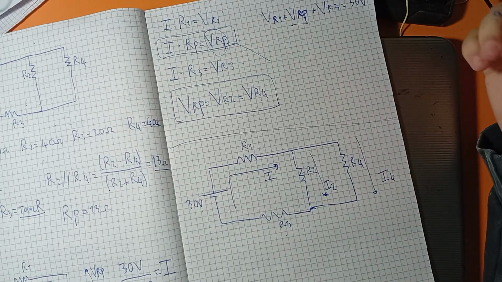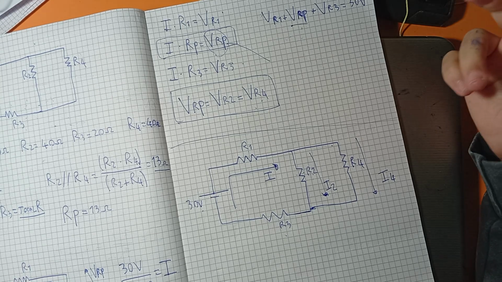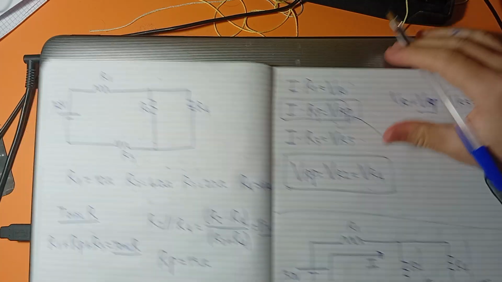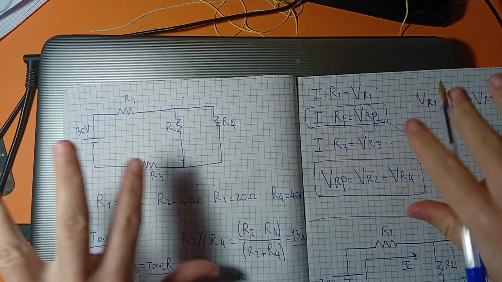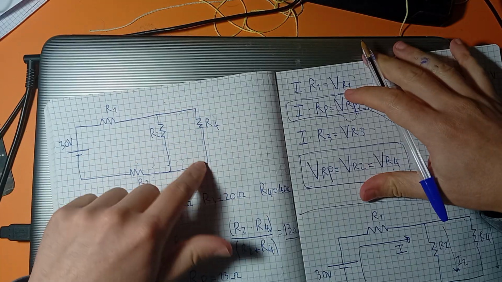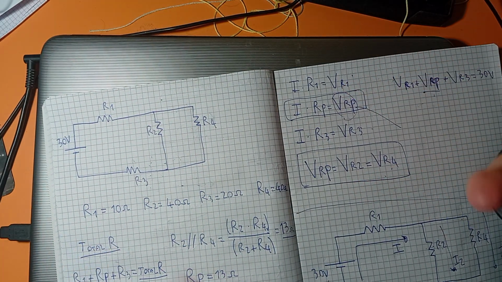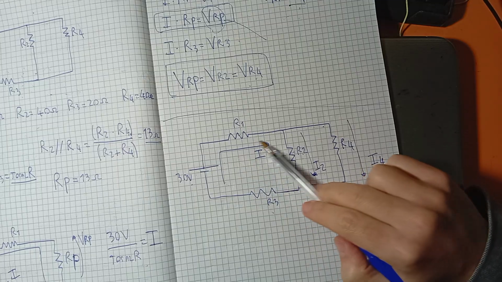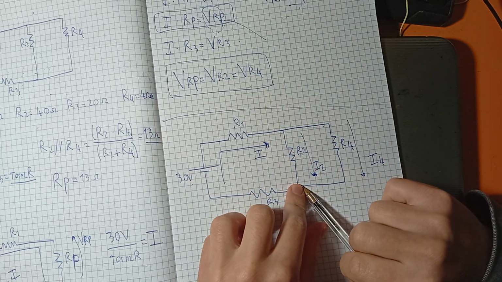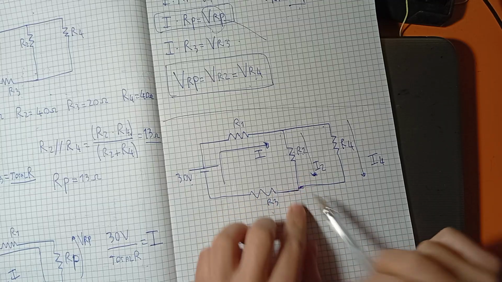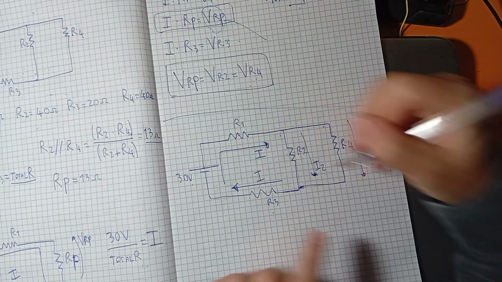So the current behaves in an opposite way in comparison to the voltage. We have seen that the voltage drop on the parallel does not divide itself into smaller parts. It keeps staying the same here and there. But for the current, it is not the case. The total current arrives here, and then it divides into two smaller parts. Then here it will reunite again, and here I'll have the total current again.